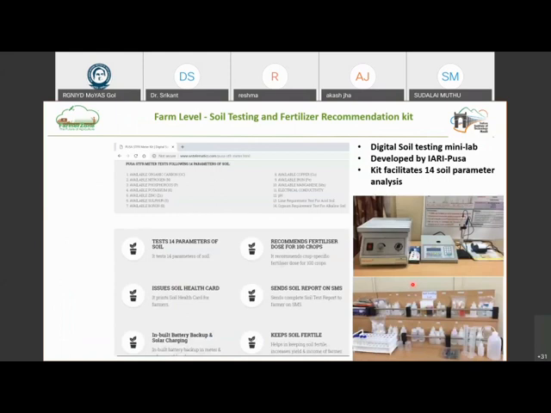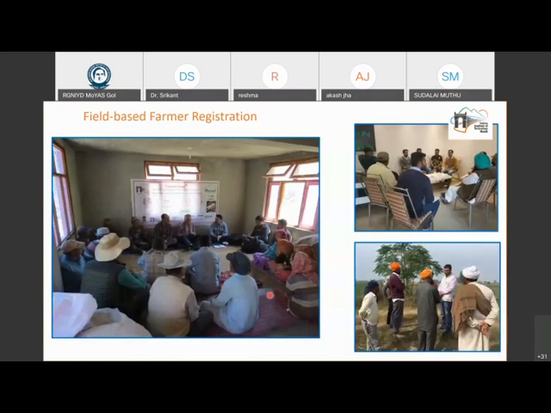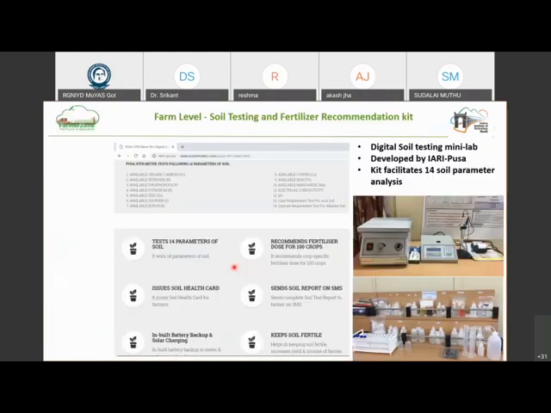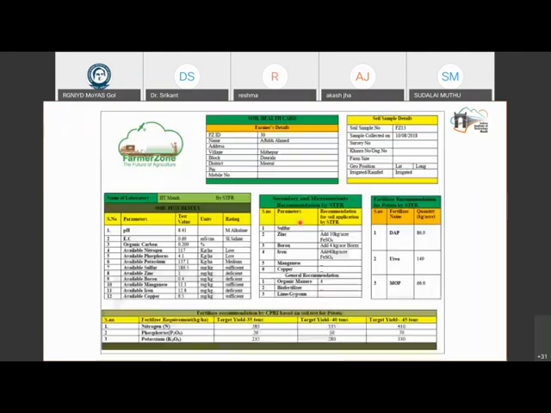So one of the things, like I told you, farmers are interested, but they're not willing to commit much time. So to get them interested in the program, what we did is we offered a free soil testing facility for them, and we went and sampled all the various soil patches of the various fields, and then we gave them some fertilizer recommendation and things like that. And there you can see that when you measure the soil, you can see all these various parameters like nitrogen, phosphorus, potassium, and all of this.